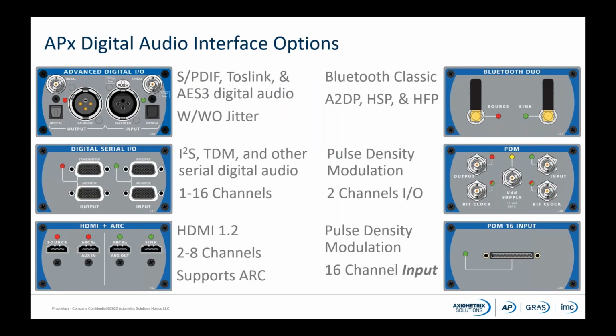These are the optional digital I/O modules available for APX analyzers. Up to 4 of these modules can be fit into an APX52X, 58X, or 555 analyzer. One option module at a time can be fit into the APX517B. One or more of these optional digital I/O modules may be necessary to test various components, circuits, or signal paths within a smart audio device.